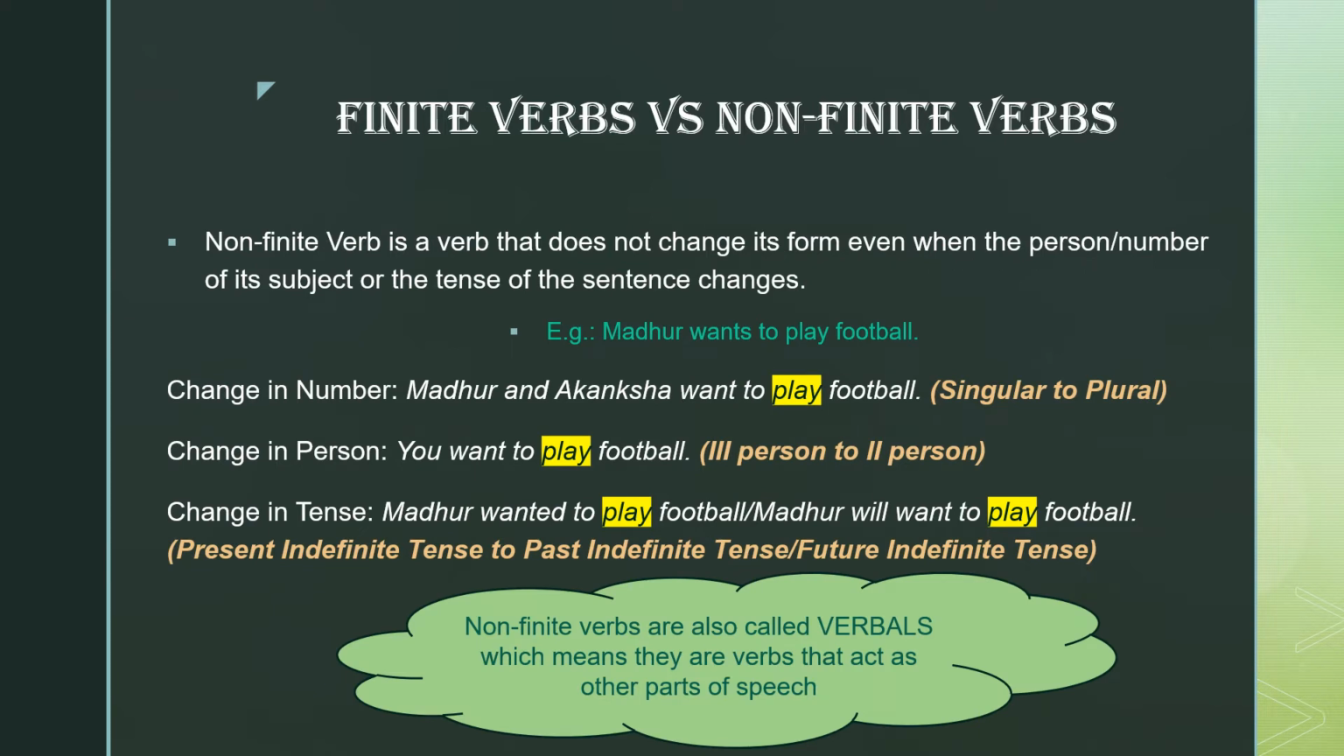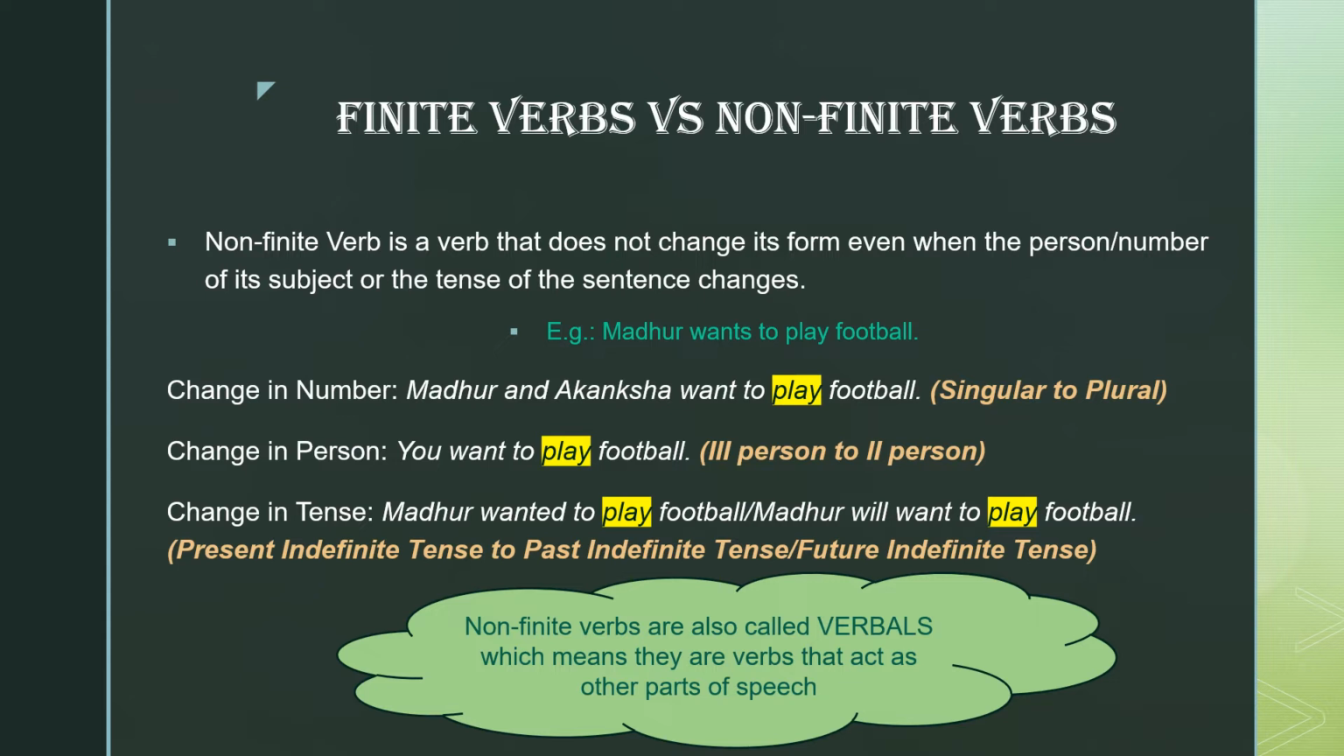Coming to the non-finite verbs, the opposite of finite verbs will be non-finite verbs. The verbs which changed with number, person, or tense were finite. So the verbs that do not change with the change in number, person, or tense will be termed as non-finite verbs. Madhur wants to play football. Now if I change the number from singular to plural, Madhur and Akanksha want